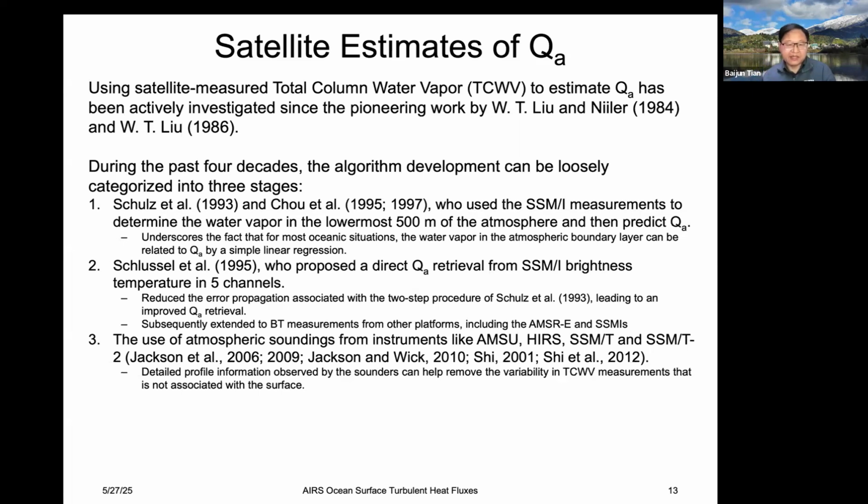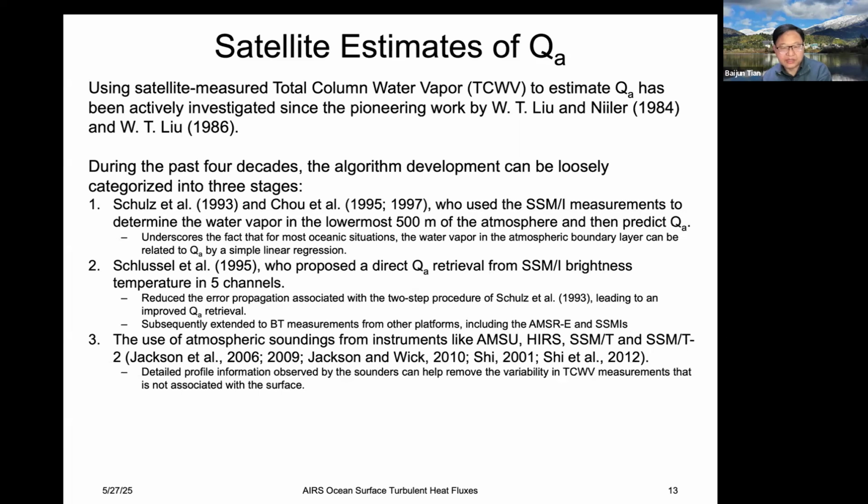So the basic idea is that the boundary layer water vapor is mainly related to near surface humidity by a linear relationship. Then the next, in 1995, Schulz et al. further improved those methods,